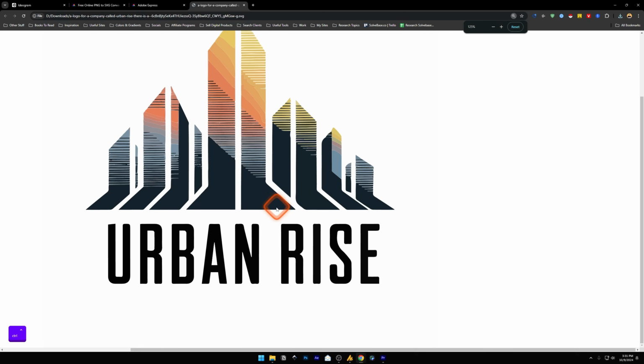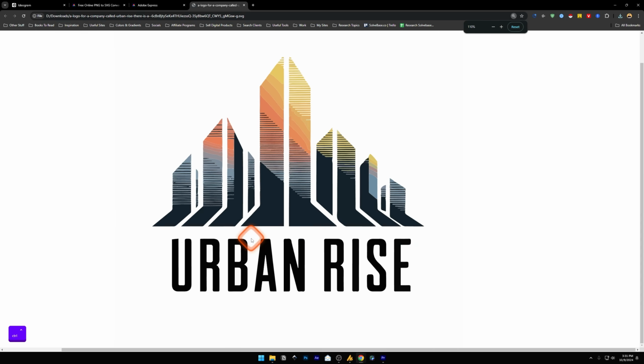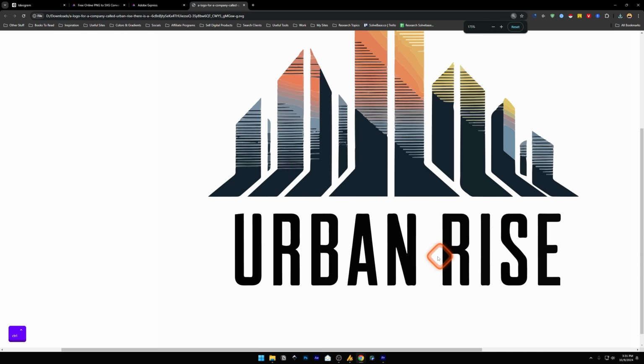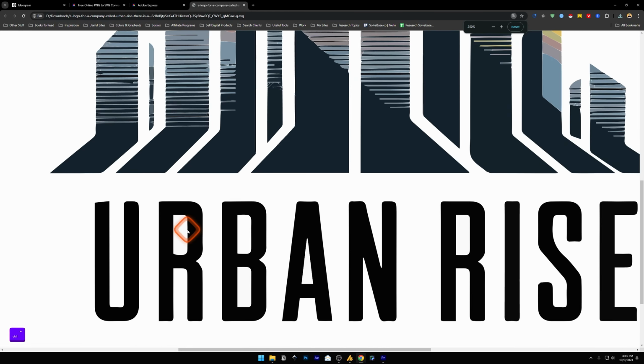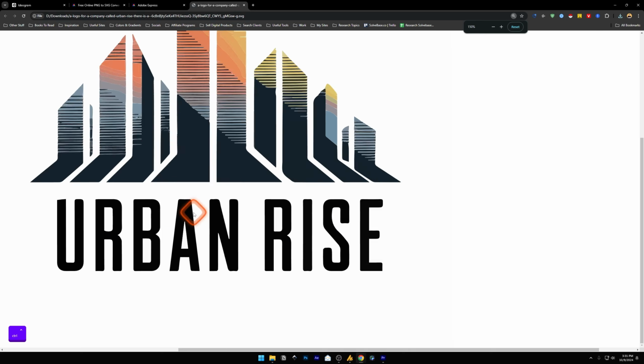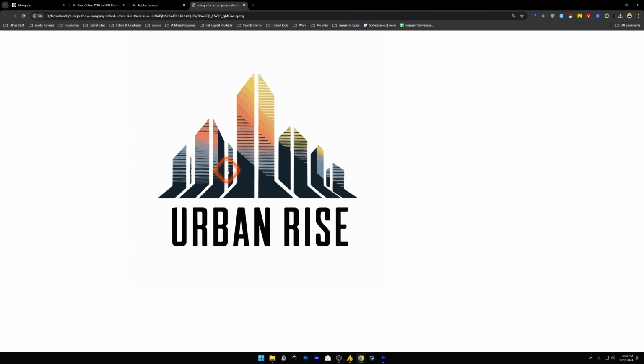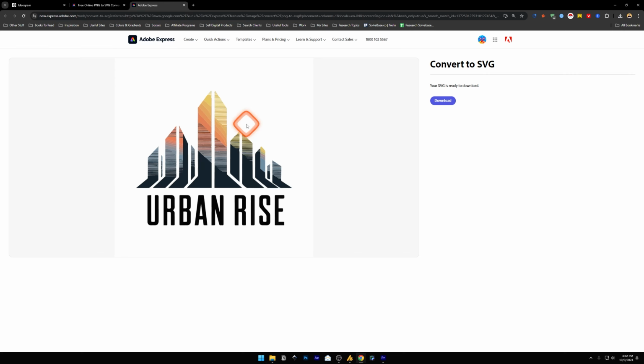And here it is. Now if I try to scroll in and out of this SVG file, you can see that the file does not have any blur. With a PNG, you would see that it starts getting blurry. This is one reason why we need to convert a PNG file to an SVG. Now you can edit this SVG file inside either Inkscape or Adobe Illustrator. So this is how you can create a business brand logo